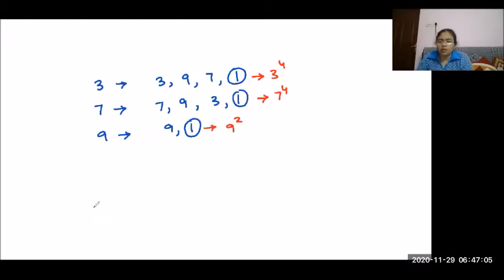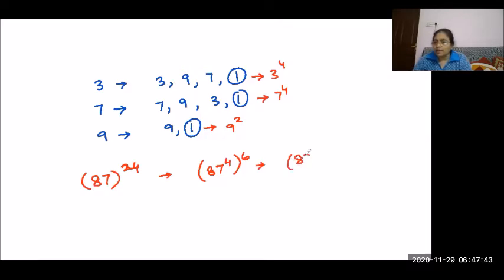So if I am taking a question, 87 to the power 24. Right? First, I will be dividing this in this manner. 87 to the power 4 into 6. Right? So multiples of 4. So I can split this as 4 into 6. Okay. Now 87 to the power 4 can be written as 87 squared into 87 squared. Clear? Okay. 87 squared is nothing but 13 squared. That is 69 into 69. How did I get it?